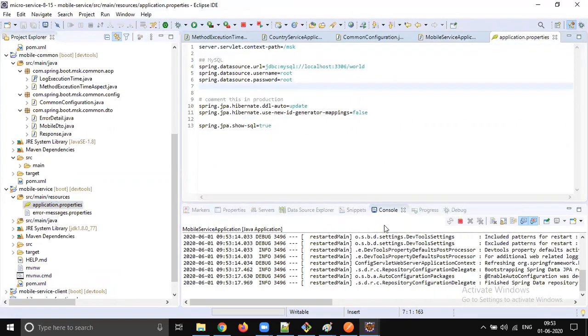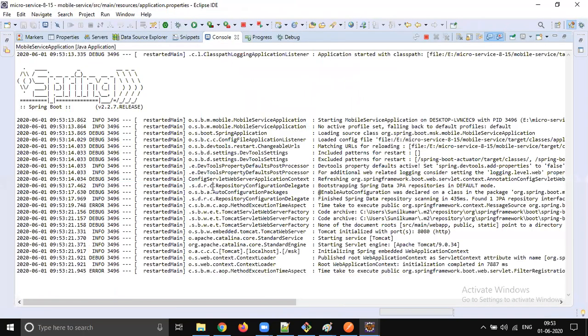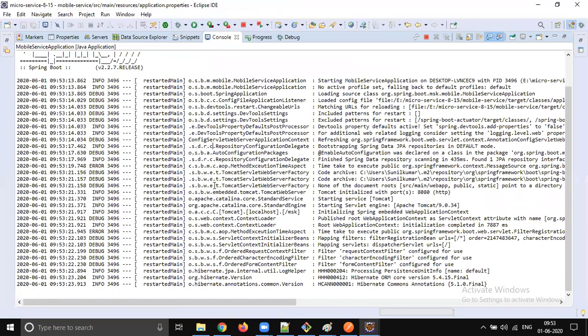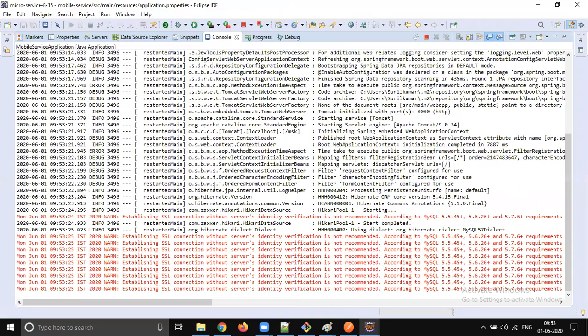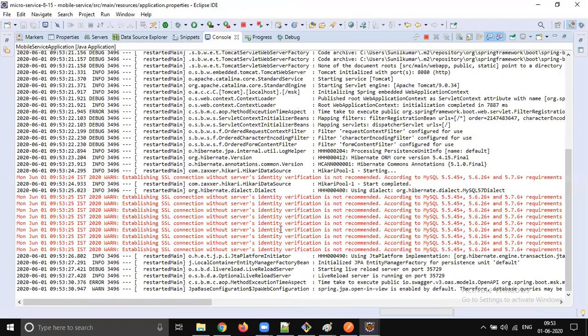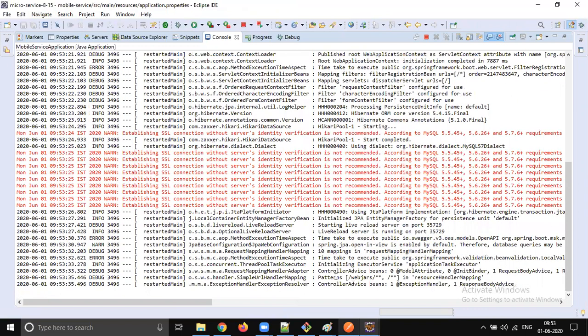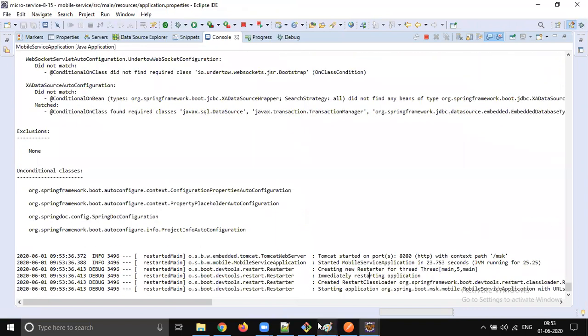Yeah, it's the default port 8080. Yeah. Why that bind exception came? Okay. Yeah. It started almost, 8080 started.